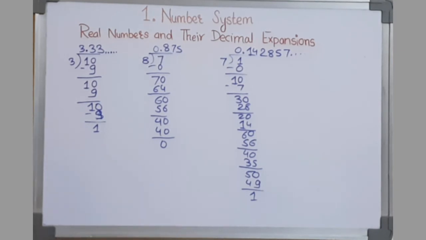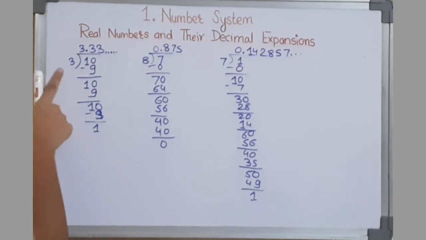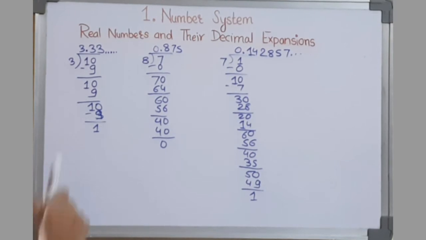Here what have you noticed? You have noticed at least 3 things. Number 1, the remainders either become 0 after a certain stage or start repeating themselves. Number 2, the number of entries in the repeating string of remainders is less than the divisor. In 1 upon 3, one number repeats itself and the divisor is 3. And in 1 upon 7, there are 6 entries, that are 3, 2, 6, 4, 5, 1, in the repeating string of remainders, and here 7 is the divisor.